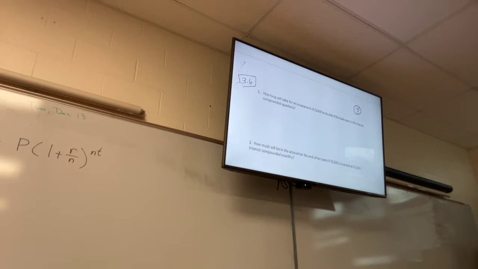Okay, A is going to be the final amount of money in your account. So if you invest P dollars in a compound interest account, to get the final amount, you multiply it by 1 plus R over N to the NT. R is the interest rate. That's your interest rate, okay? And N is the number of times the account is compounded